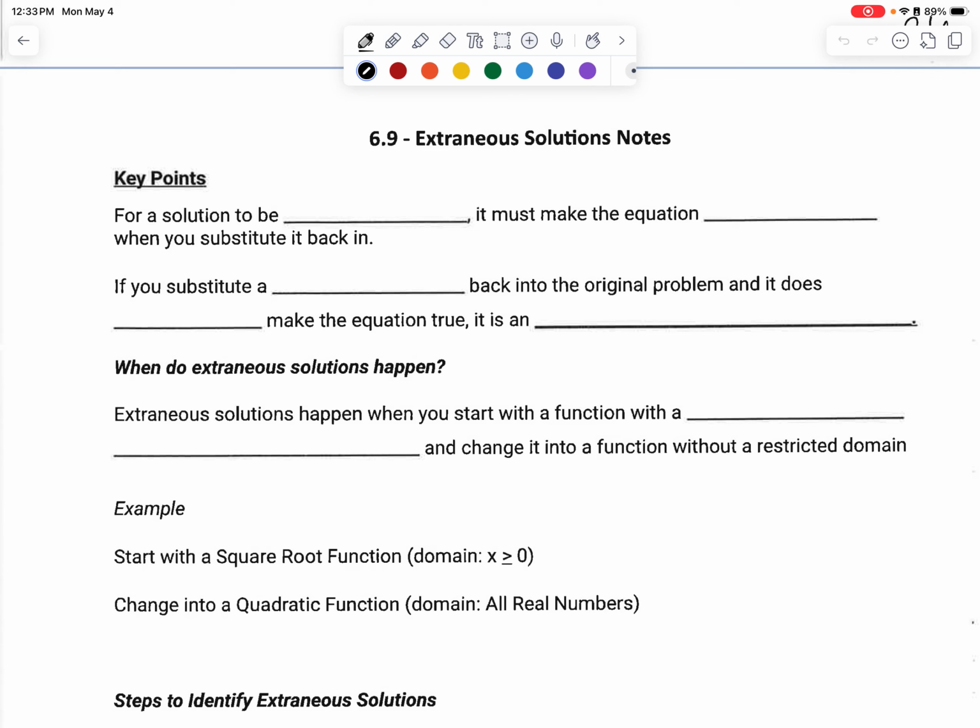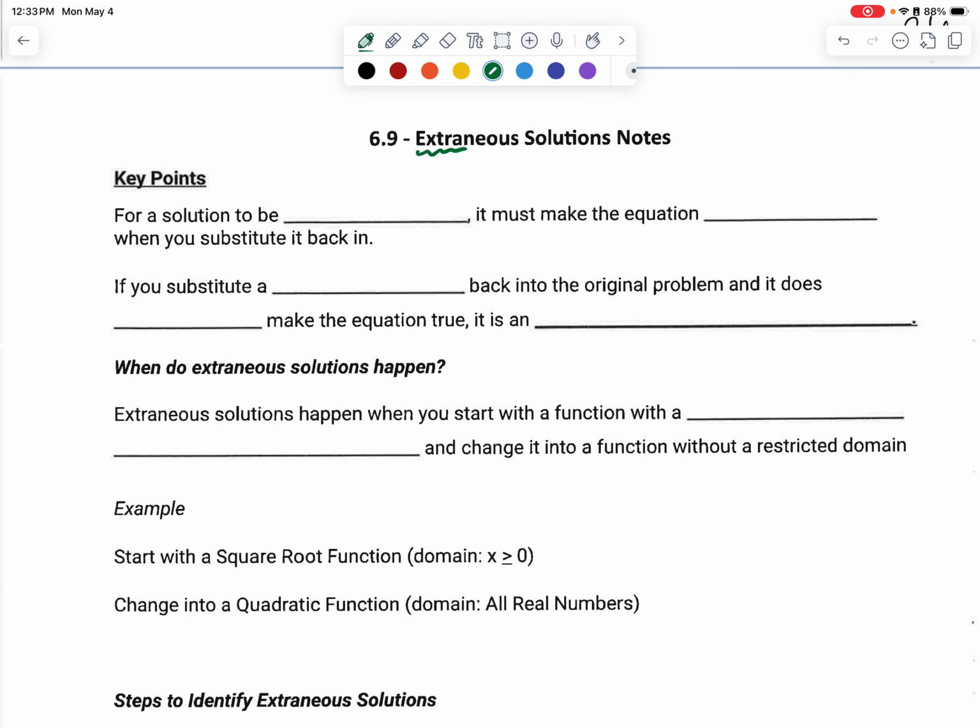All right, folks, let's take some notes on 6.9 extraneous solutions. Extraneous. This word is kind of like Wednesday when you spell it. I think Wednesday to spell Wednesday right. Extraneous. You can think extra, neo, us. Think of this like extra solutions, solutions that come from the solving process that we don't actually need, that don't